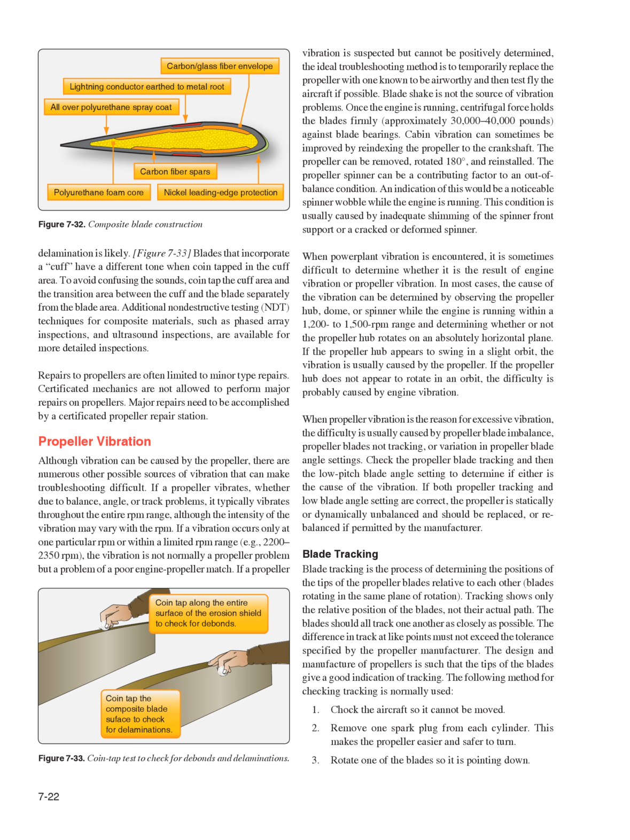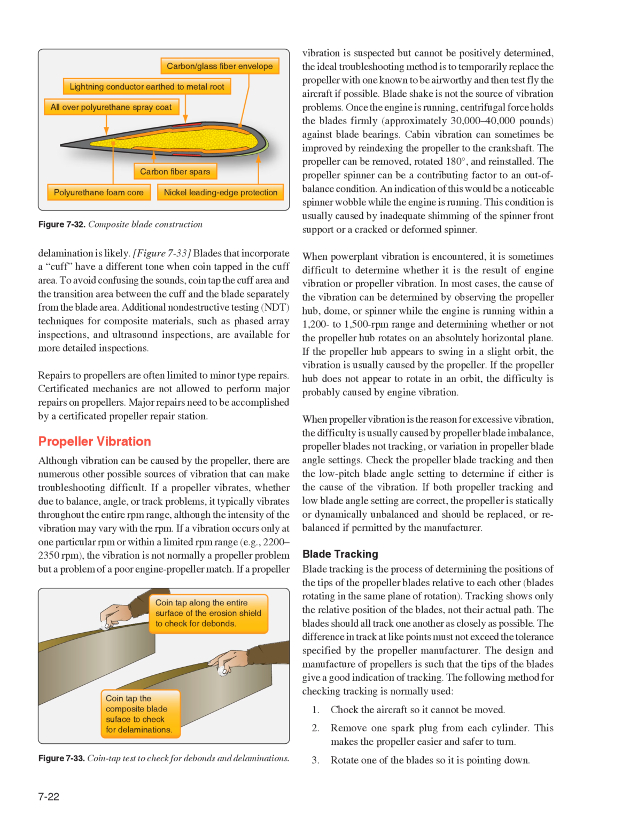Although vibration can be caused by the propeller, there are numerous other possible sources of vibration that can make troubleshooting difficult. If a propeller vibrates, whether due to balance, angle, or track problems, it typically vibrates throughout the entire RPM range, although the intensity of the vibration may vary with the RPM. If a vibration occurs only at one particular RPM or within a limited RPM range, for example, 2,200-2,350 revolutions per minute, the vibration is not normally a propeller problem but a problem of a poor engine propeller